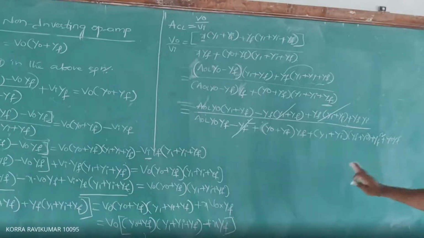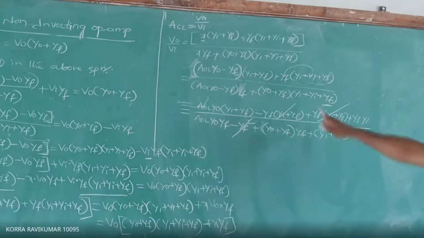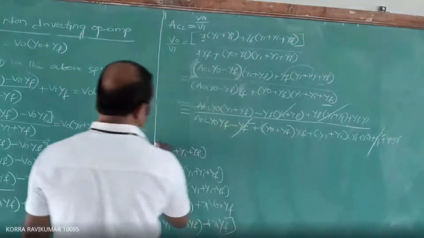Nothing, just split and multiplied, that's all. So minus YF square plus YF square gets cancelled. Then the final expression becomes